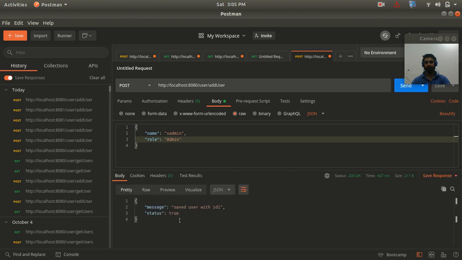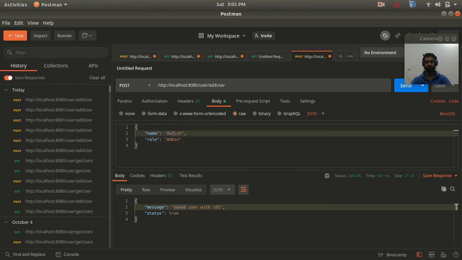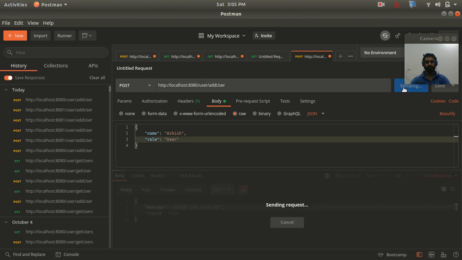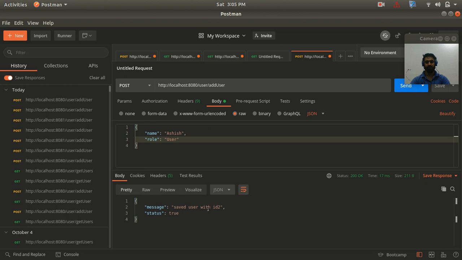So here guys, you can see that we got the response as saved user with ID 1 and status is true. So now let's add one more user object, with the name Asis and the role I will keep as user. Let's hit the send button. So guys, you can see that saved user with ID 2, right?